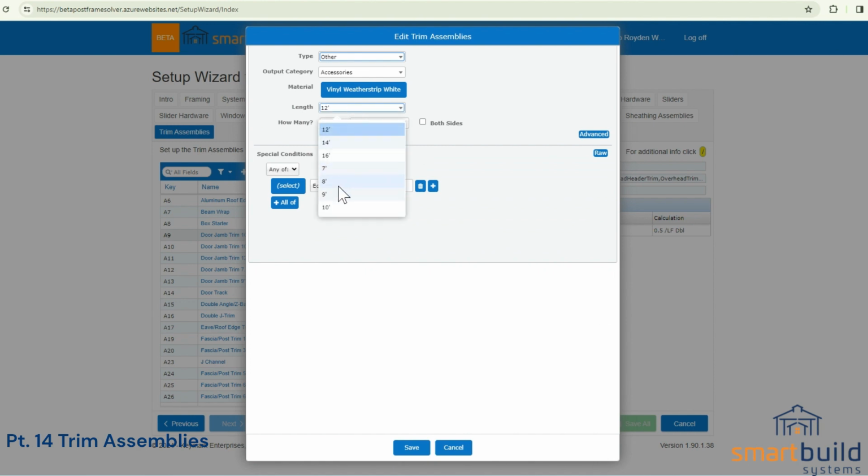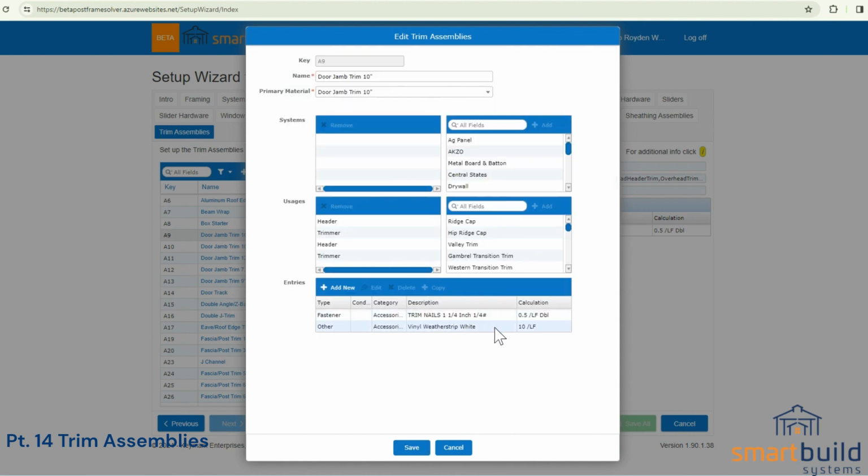And again, the lengths may vary. I'm just going to set it to 10 so I get the correct lineal feet. And I have 10 lineal feet of coverage, and it's just one strip, so I save. So just like that, I would get the correct lineal feet of weather stripping around that opening for the bid. Now, when it gets to maybe the 10, I don't know how many lengths you offer. Some people don't offer that many lengths, but